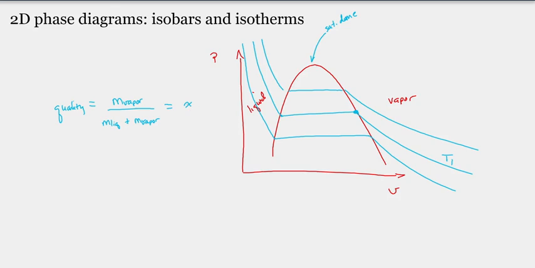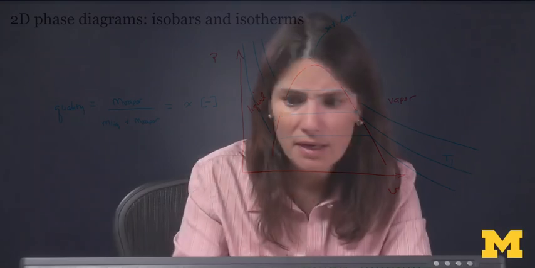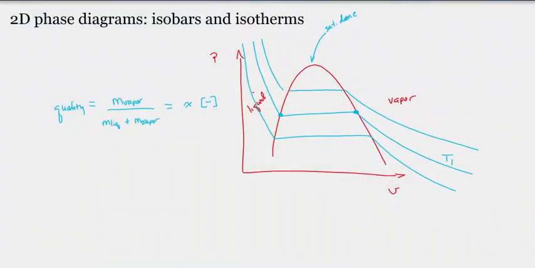You can see that it is dimensionless, because we have mass divided by mass. It's a fraction: if you have a fully saturated vapor, where all of your mixture, and by mixture I mean phase mixture, is in the vapor phase, then your quality is equal to 1. And if all of your mixture is in the liquid phase, then that's a quality of 0. So X equals 1 is saturated vapor, and X equals 0 is a saturated